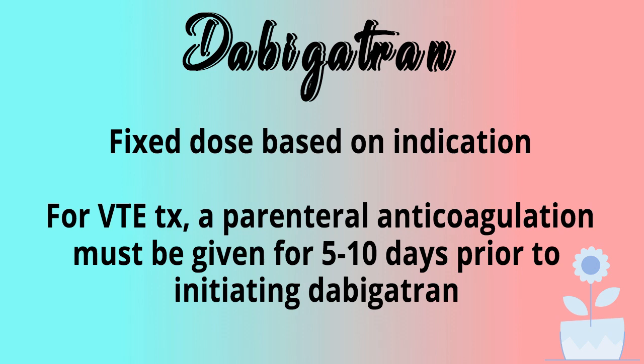For the treatment of venous thromboembolism, a parenteral anticoagulation has to be given for at least 5 days and up to 10 days before starting dabigatran. As far as I know, there's no specific reason for it except that this is how it was studied in the clinical trials. And in order to make sure that we have the same or similar outcomes, we have to follow the clinical trials. There is a theory that in the first week or couple of weeks, the clot burden is really high, and usually you want to make sure that you